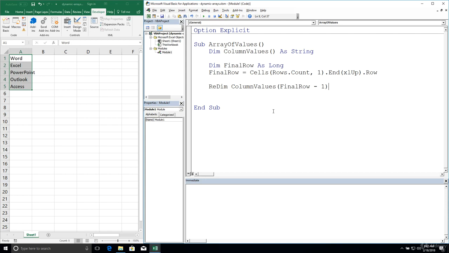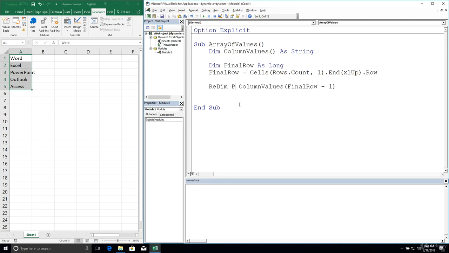An important thing to know here is that whenever you redimension something with the redim keyword, it's automatically going to delete all the existing values from our array. And this can be problematic. In this case, our array has nothing in it in the beginning, so it's not a problem to redimension it. But if you want to reuse this array later and you use redim, it's going to clear everything that is in the array. If you want to avoid that, you have to apply a special syntax here, which is after redim,